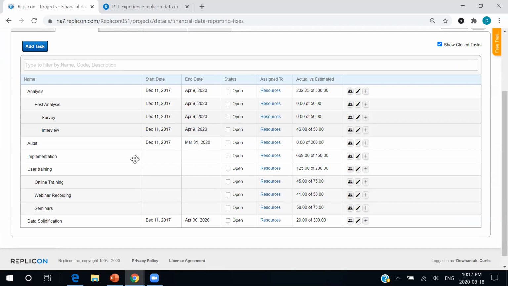You will also be able to assign estimates to all of these tasks, and these are important for a couple of reasons. One is you want to understand exactly how close to completion you are on a specific task. So say interviewing, 46 out of 50 hours, 92%, we are actually almost done that task. Then we can kind of start moving our time into other areas.